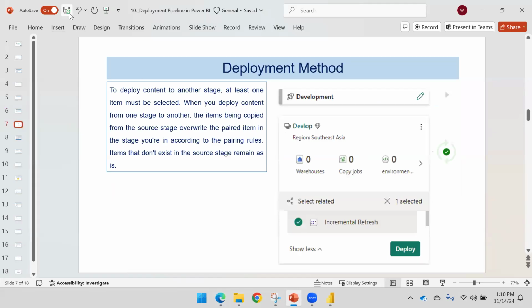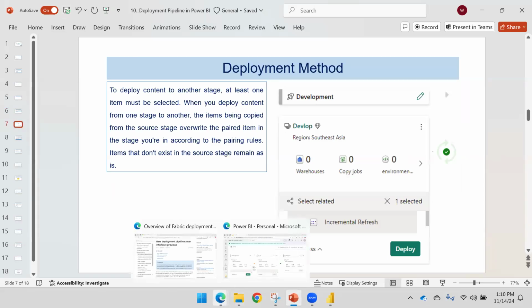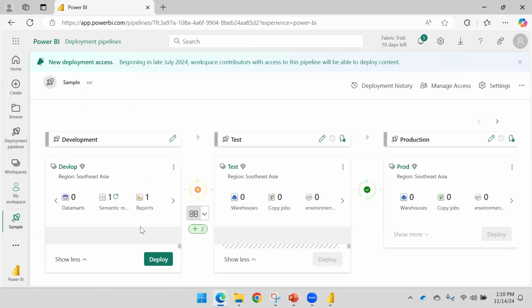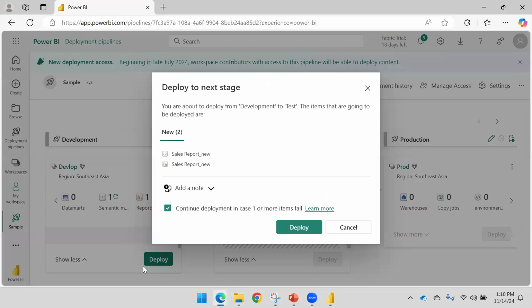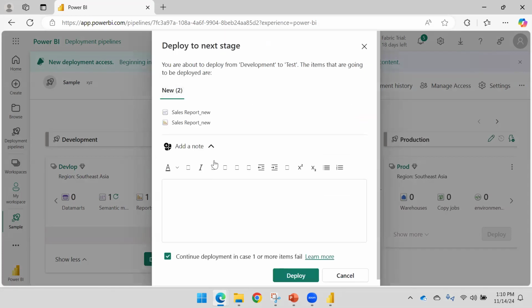So what is the deployment method? How to deploy the item, right? So here you can see that if I click on deploy, by default it is deploying for all. So you are about to deploy from development to test the items that are going to deploy here. And if you want to add a note for the deployment, you can add, and then continue deployment